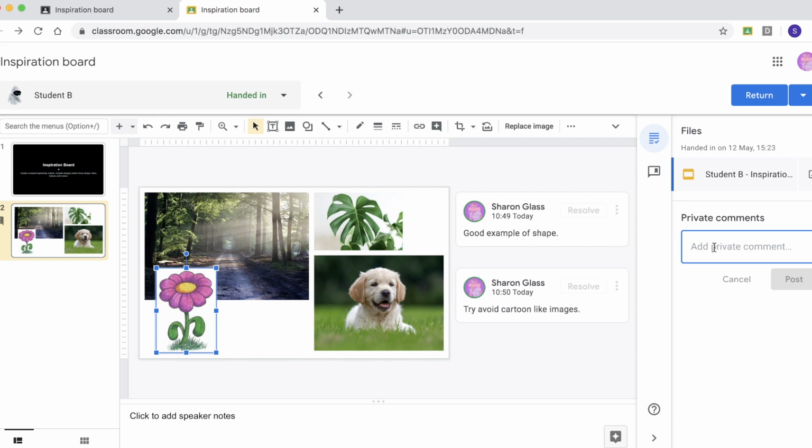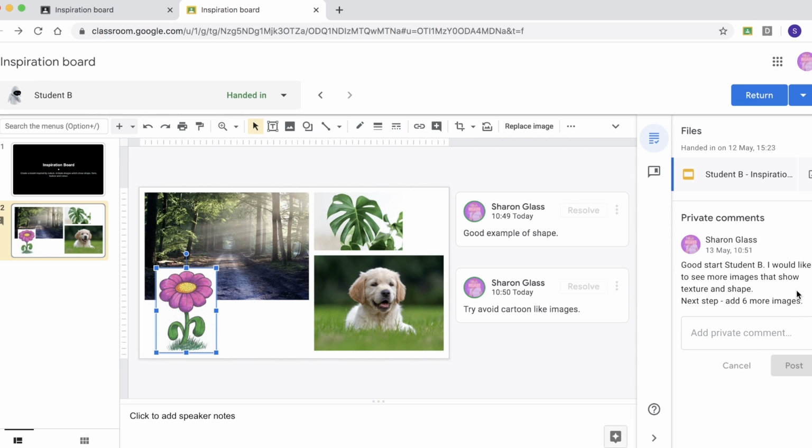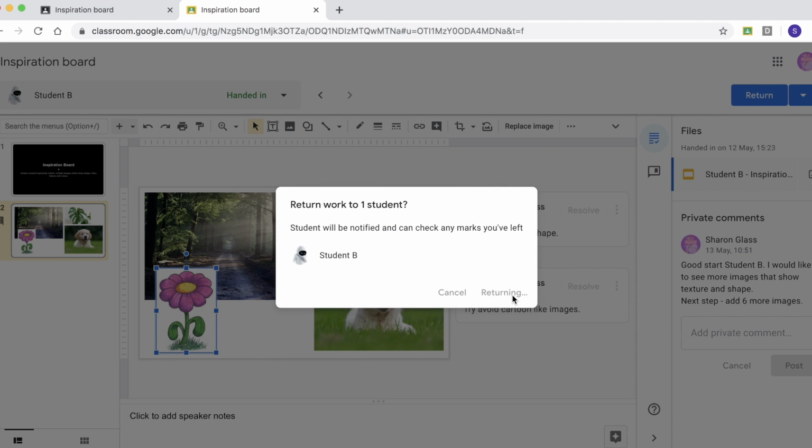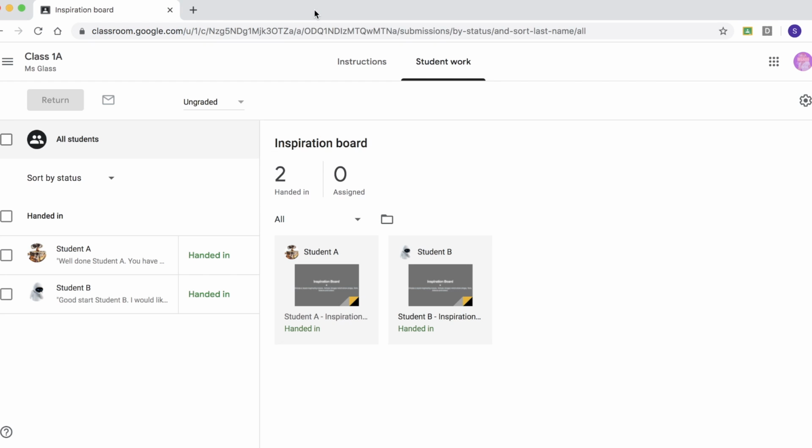And again, I'm going to provide an overall general comment to the pupil. So I've posted that comment. Now what I would like this pupil to do is a bit more work on this, so I'm going to actually return it back to them. Press return. Now if I go back to the Google Classroom view,